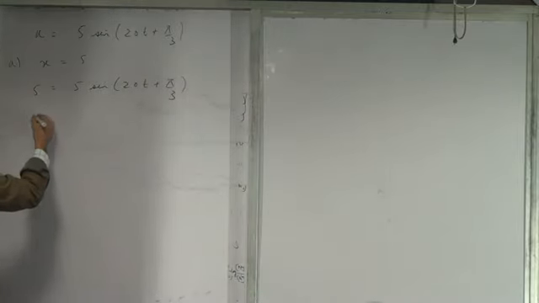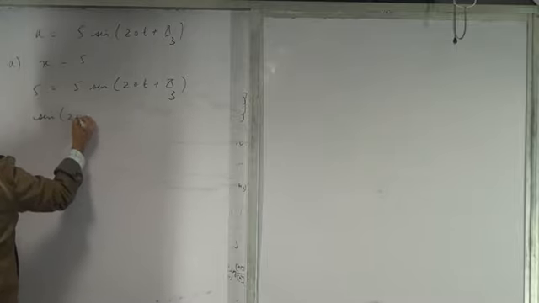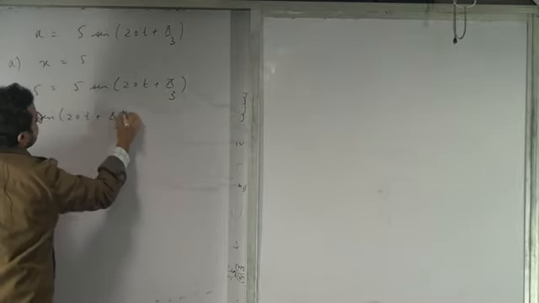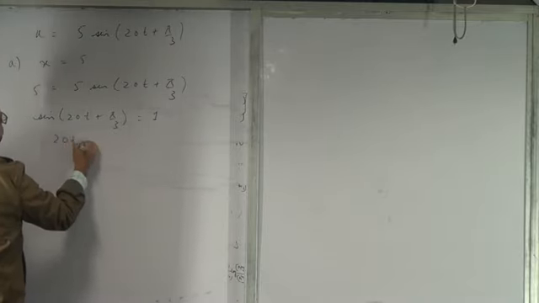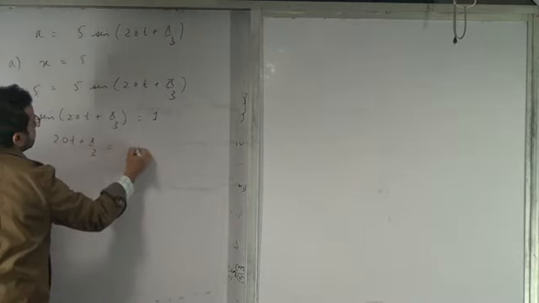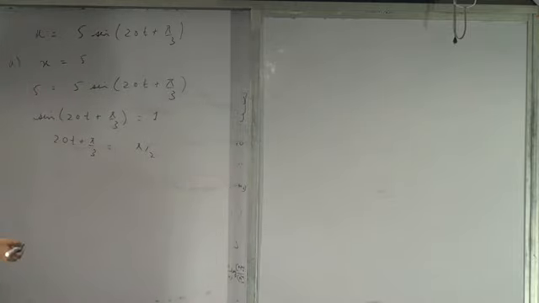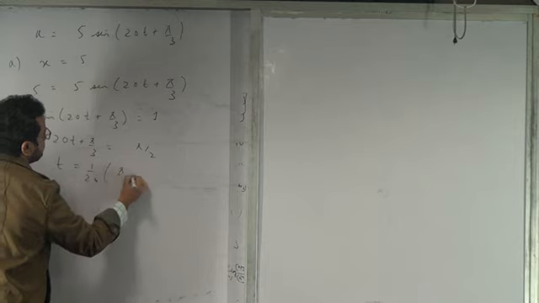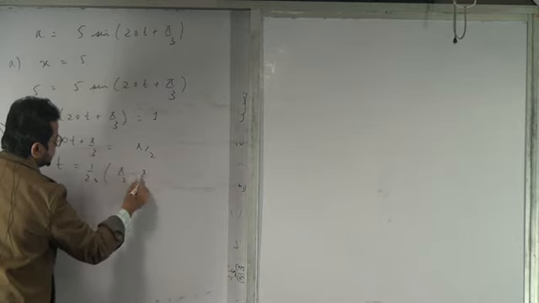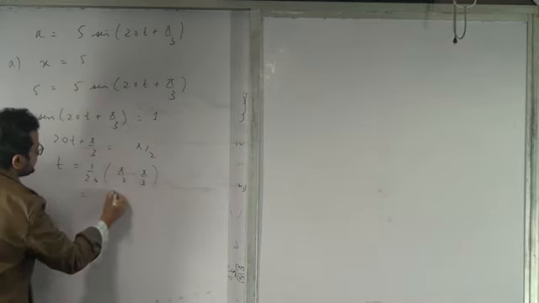This gives me sine (20t plus pi by 3) should be equal to 1. That is, 20t plus pi by 3 should be equal to pi by 2. That means t should be equal to 1 upon 20 times (pi by 2 minus pi by 3). So this is going to give me pi upon